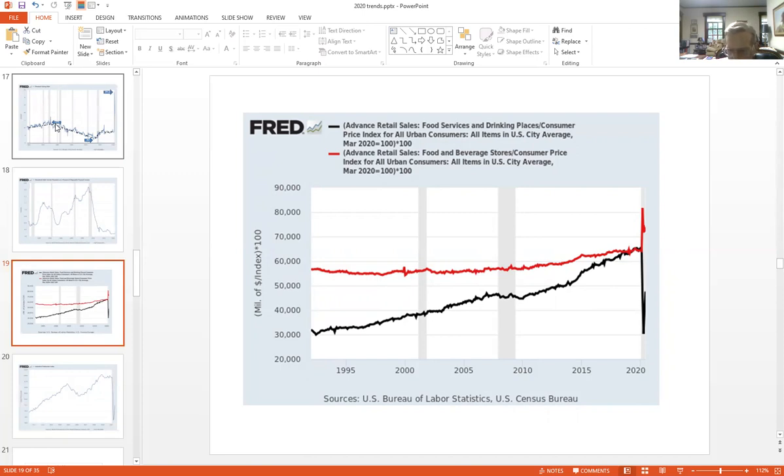But you can see that prior to that time, folks were eating out a lot more, not least of which is because more were employed and would eat in restaurants at lunchtime. And the other reason, of course, is that they had more money to spend, so they spent it in restaurants. But that has ended for the time being. And to take its place, people go to grocery stores and buy what they need to eat at home.